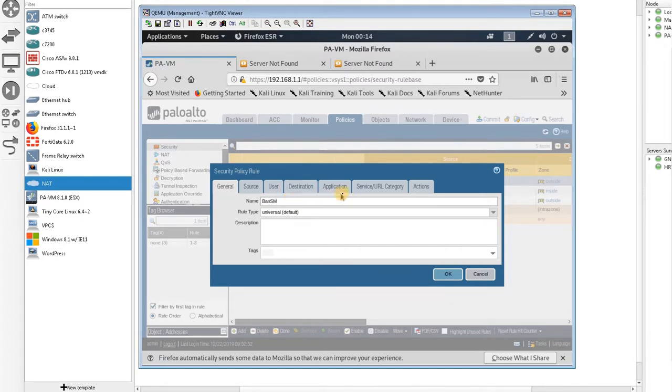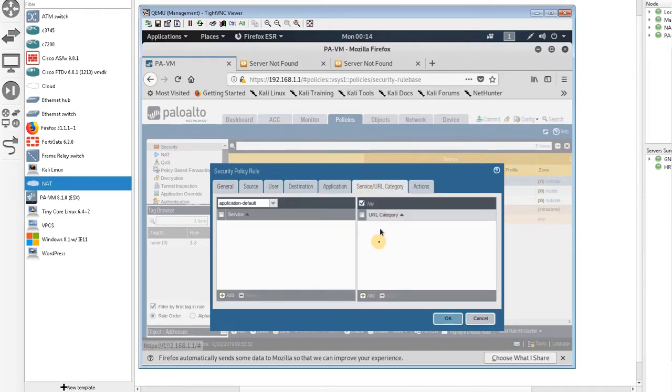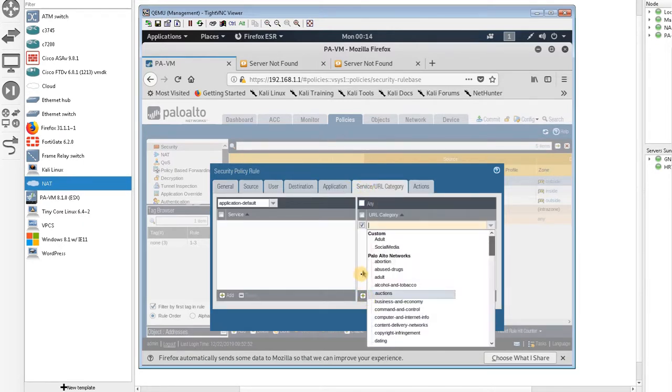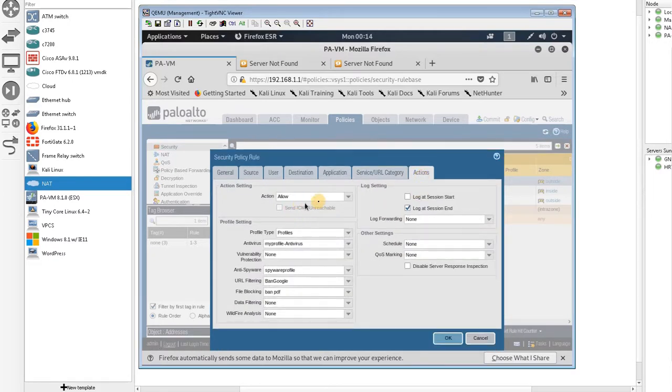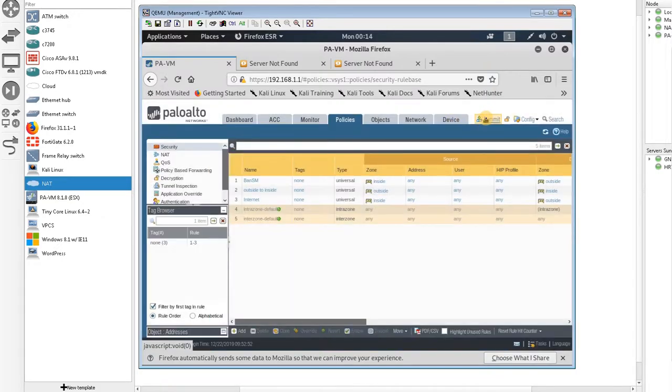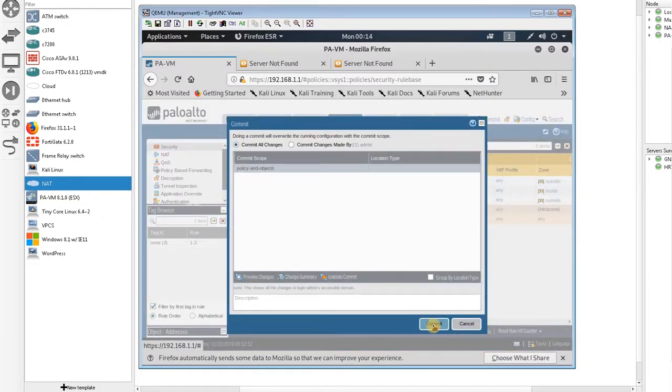Under category URL I add the social media category that I have already created, and under action, because this policy is allow, I change it to block or drop. You can select one of them. I think deny is better here, and I don't need other policies. So I commit my configuration here,